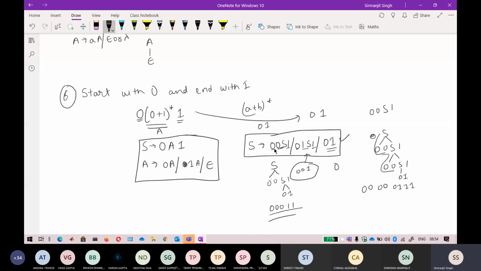If you try to write everything in one line, it will be very difficult. It is not impossible, but it is difficult. I prefer that you always take a variable and take this a step further. That will be a very elegant way to write a grammar. Again, this is not correct, because it is not generating 001.